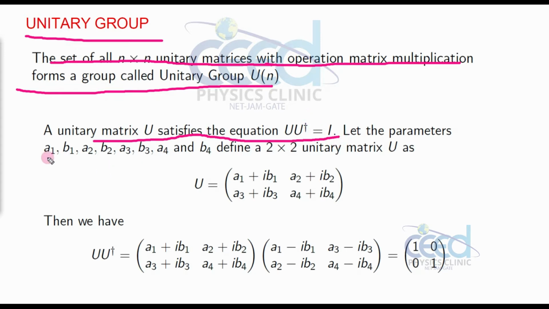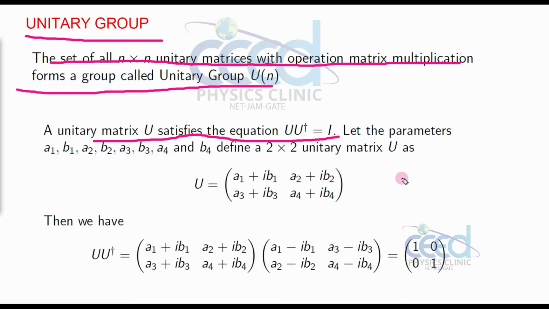Let us consider the parameters of a unitary matrix. A unitary matrix has complex entries. In the complex plane we can represent this unitary matrix, because we are taking the transpose conjugate. So complex variables are also part of the unitary matrix. We can represent a 2 by 2 unitary matrix in general form: a1 plus ib1, a2 plus ib2, a3 plus ib3, a4 plus ib4, with a1, a2, a3, a4 the corresponding real parts, and b1, b2, b3, b4 the corresponding imaginary parts.